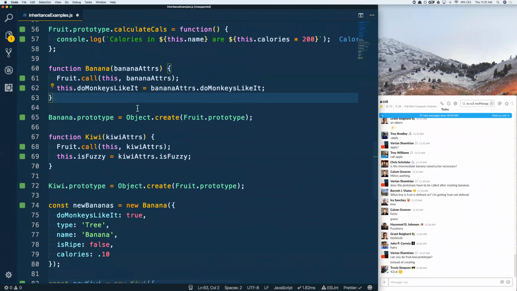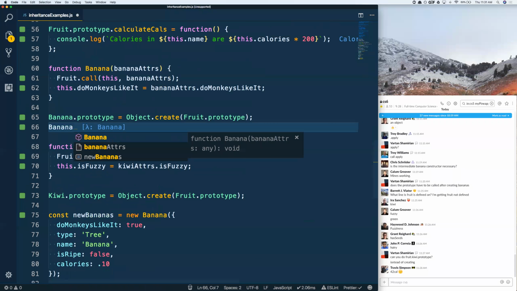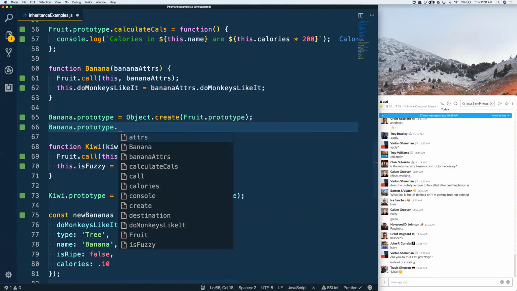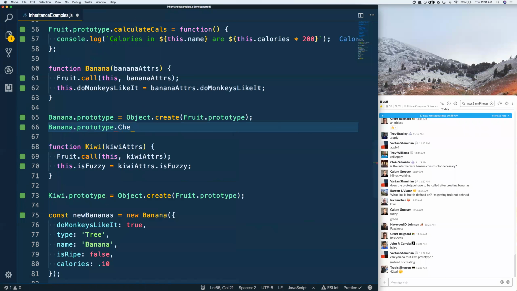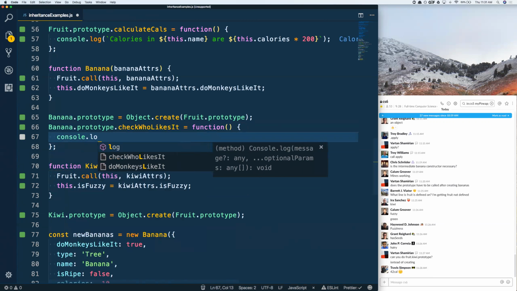So I'm going to chain on to bananas its very own method. So now bananas prototype is going to receive dot some sort of method. And I'm going to say check, I don't know, check who likes it, and that equals a function. Remember, I'm using the function keyword so I can achieve inheritance there. And I need to now say something to the effect of console.log